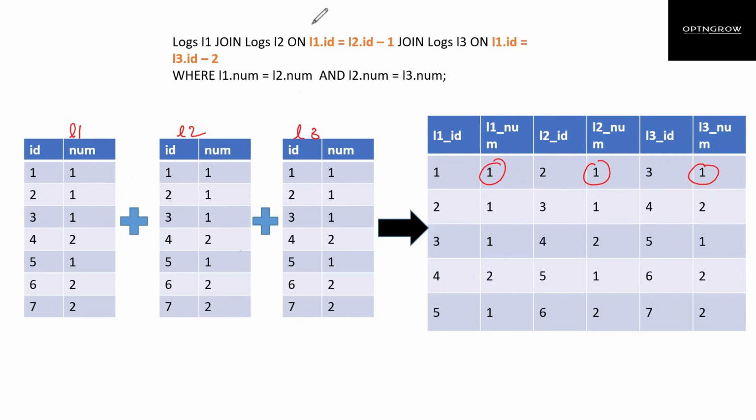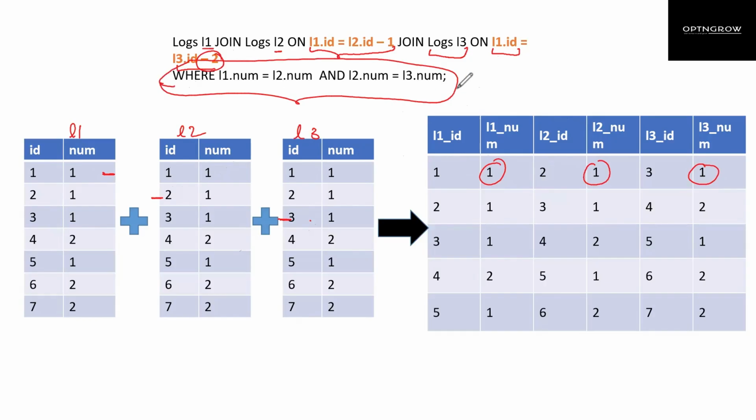Simple. So while joining, if you can see over here, I have three tables, L1, L2, L3. First I'm joining L1 and L2 on the same condition which we discussed for the previous case. And then we are further joining it with L3, this one. And the condition over here is L1.id equals L3.id minus 2. Why? Because in this case, it was this, and then it is this. So this and this. Once we have the join table, we have already discussed this. All you have to do is filter. So this is how we are doing the filter. Now this is simple.